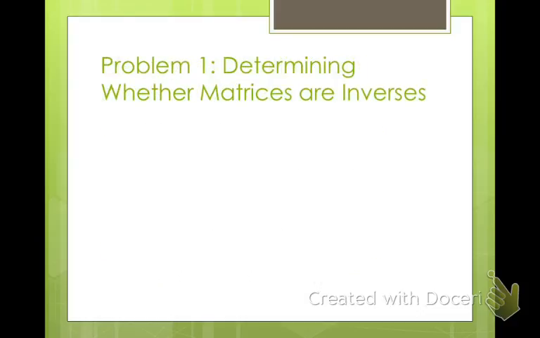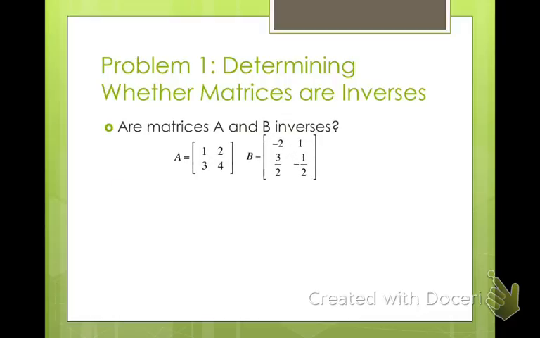Okay, so determining whether matrices are inverses. Are matrices A and B inverses? So we need to find if A times B equals I, and we need to find if B times A equals I. Okay, so here are matrices A and B. To find out if they are inverses, we need to multiply them together. So let's take A times B, and then we also need to take B times A. So let's go ahead and do A times B. So AB